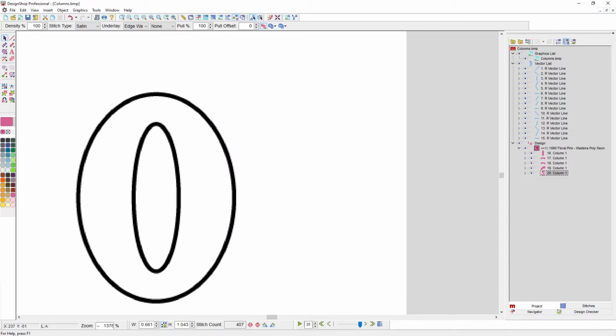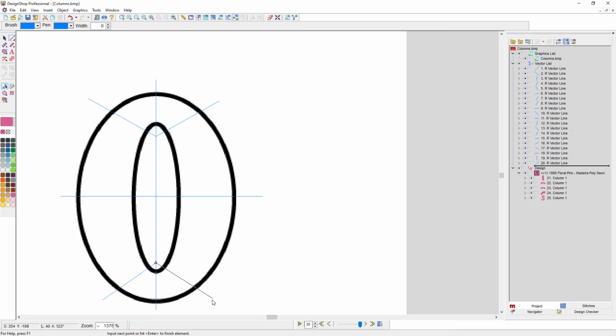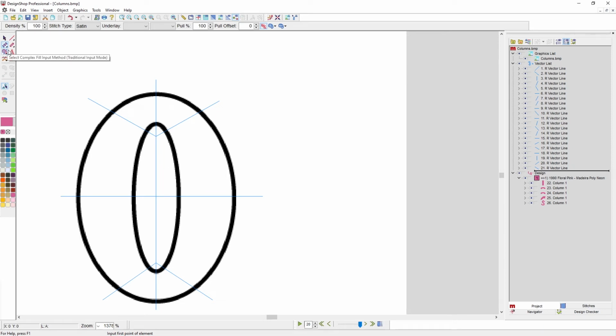Here, could I do this in a column 1? Yep, absolutely. This too, I would consider taking a line and dividing out my pieces. Where am I going to start these curves? Where am I going to end them? Here's kind of the center this way. Here's kind of the center this way. Well, I'm a little off. Let me delete that. There we go. And then maybe something like this. And I'm just trying to divide up those curves a little bit so that when I get my tool and I'm ready to go,